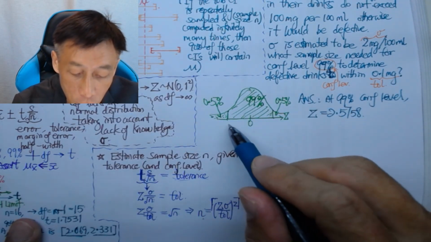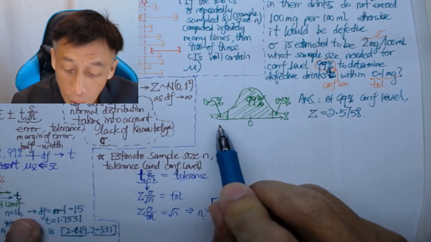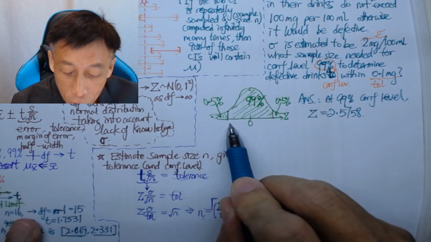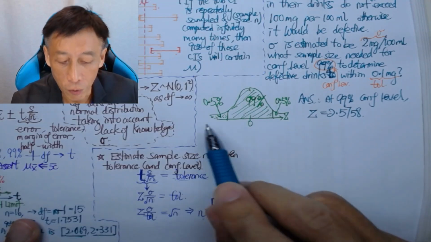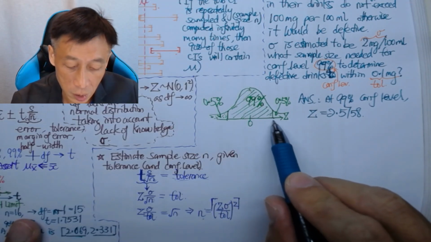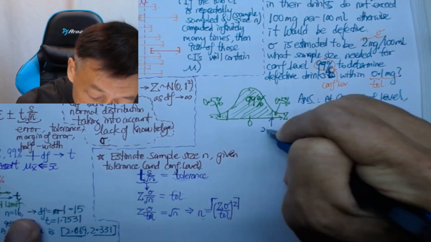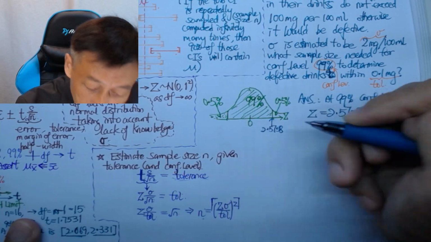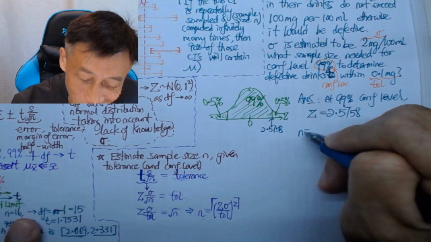If you do NORM.S.INV or qnorm in R of 0.005, you will get negative 2.575, but you can flip it around to get this number. So 2.5758 is what we want. And therefore, n is going to be